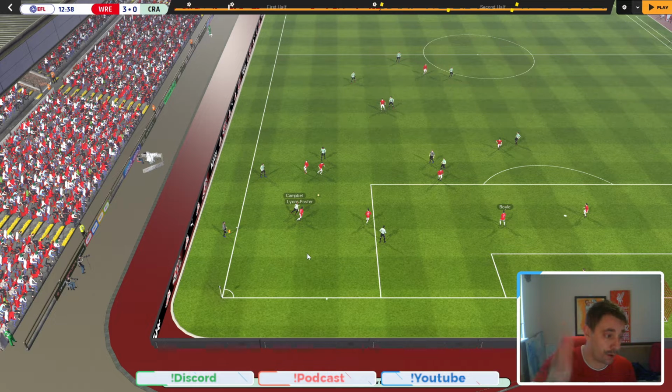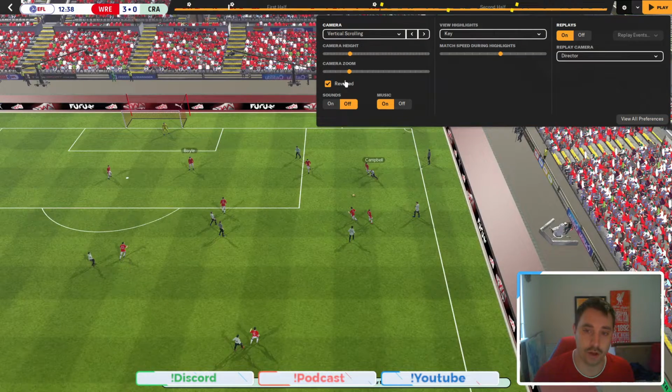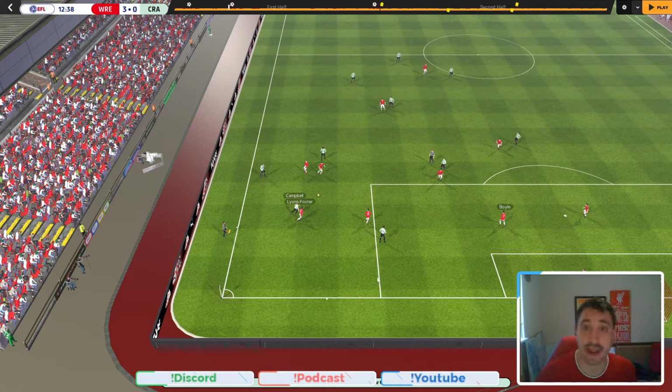I always play on a vertical scrolling system for those that are wondering as well, so you can really get to see tactical understanding. And I always have it on either reversed or not reversed, so you can see from your attacking movement. Feel free to pause and have a look at what I'm using. I find it very easy to break down games this way because it's more for 2D, because you're looking a little bit more bird's eye view, but with a 3D element, and